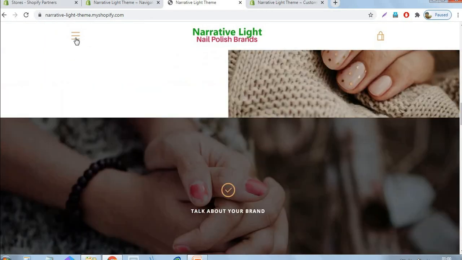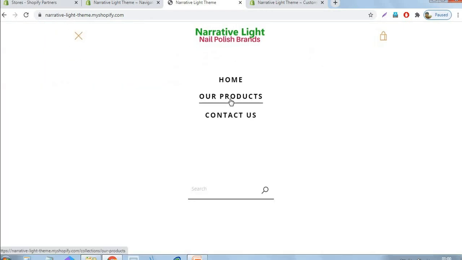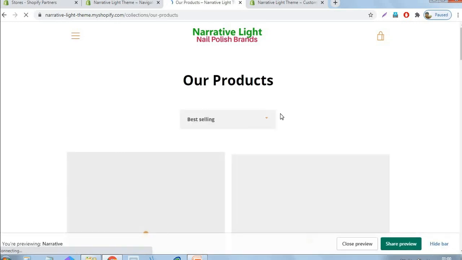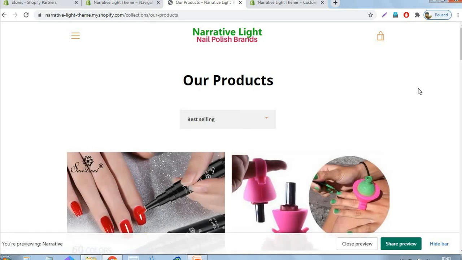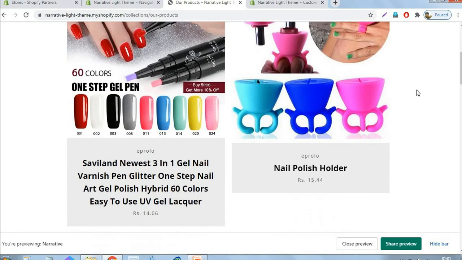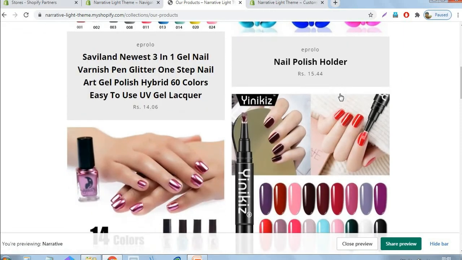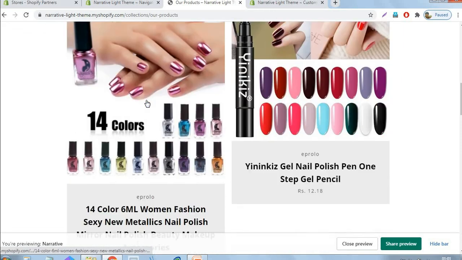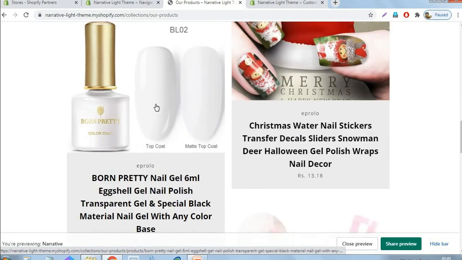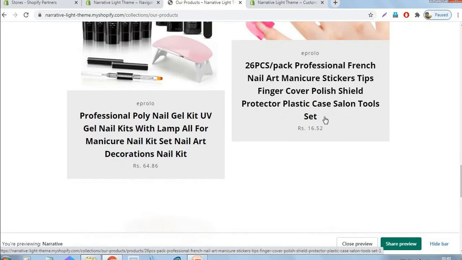Let me see the collections page. These are the collections we uploaded from the Everlow application, right? These are the collections of products. Okay, these are the products we are selling in our store.